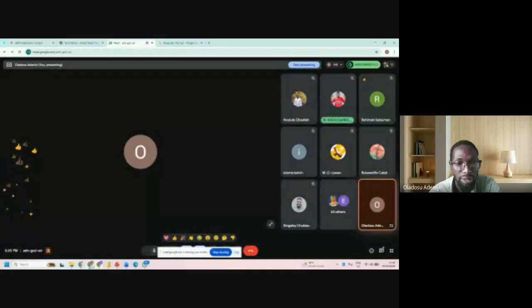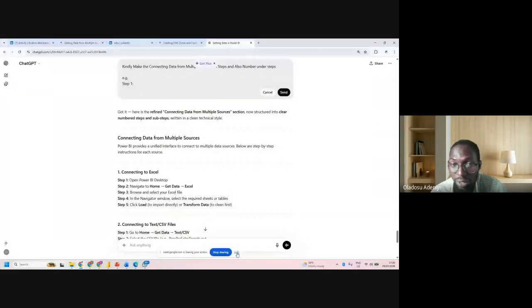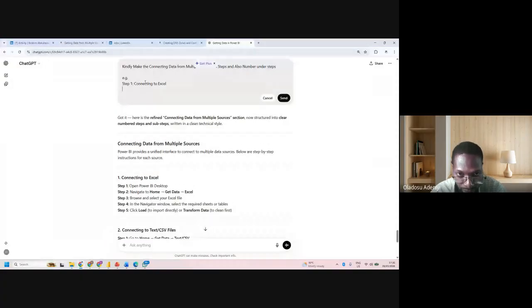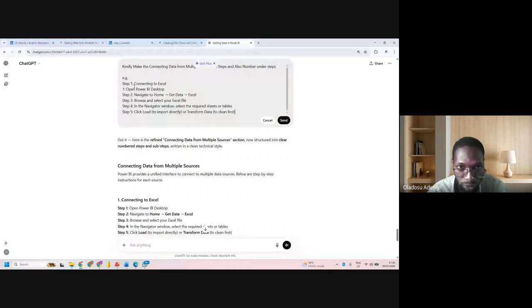So now this is it. I'm actually giving ChatGPT a sample of what I really want. Sample 1 is connecting to Excel. I want it to be something like this: open your Microsoft desktop, navigate to home, get data, Excel, browse, select the required table.